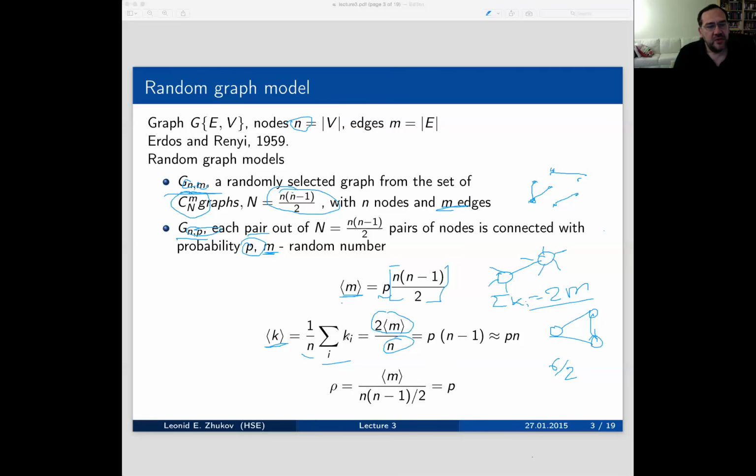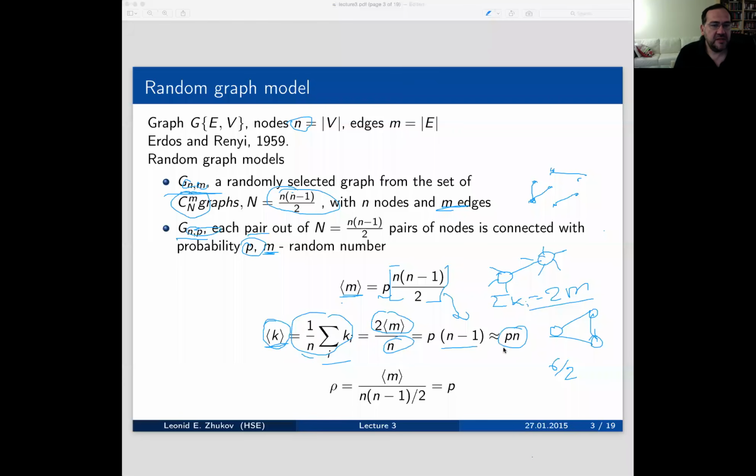Okay, so because of that, we take this sum of the node degrees, and we estimated that the number of edges is m, so 2m over n. We can substitute from here the value for m. It becomes p times n minus 1. And since n is pretty large, the average degree becomes p times n. Now this is actually a very, very important formula. We're going to be using it all the time. It really says that the average node degree is equal to the probability p in the model times the number of nodes in the model.